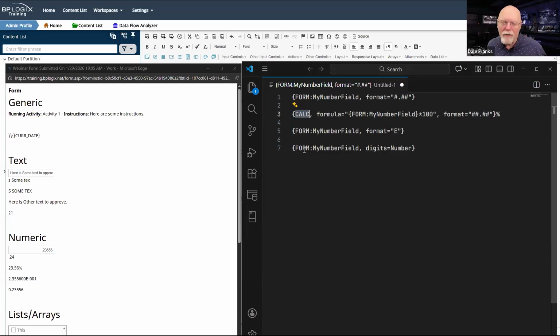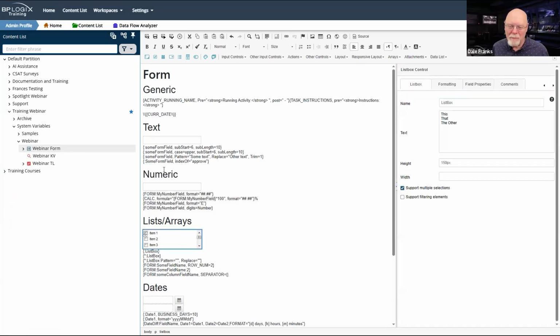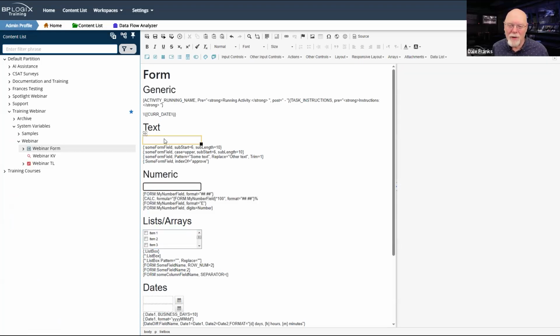In fact, all fields in Process Director are system variables. Just because you see a visual representation of a form field in the design view, that's just because we're trying to give you some indication of what it's going to look like on the form. But that picture that you see, and that's what it is, it's not really a control. When you are looking in the design view, you're looking at pictures. These aren't real controls.